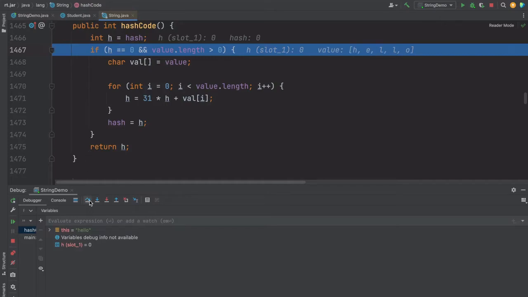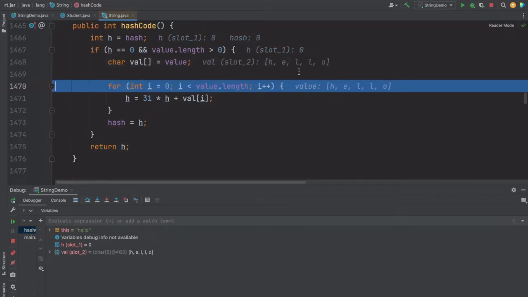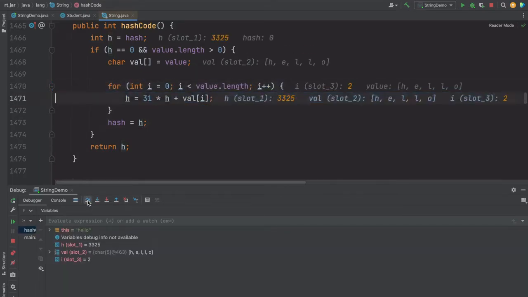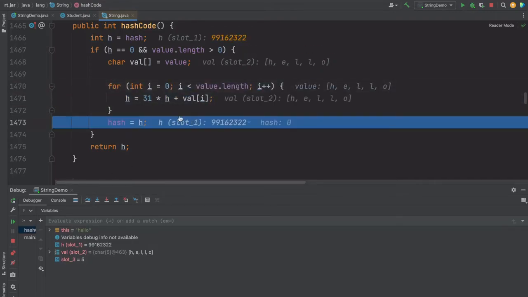So it will come inside, and inside this val character array we have all our string. Now here this is the for loop which will execute till the length of our string, meaning this loop will execute 5 times and calculate the hash code. Now step over. 5 times it's done, and now it will return the hash code. So now this is the generated hash value